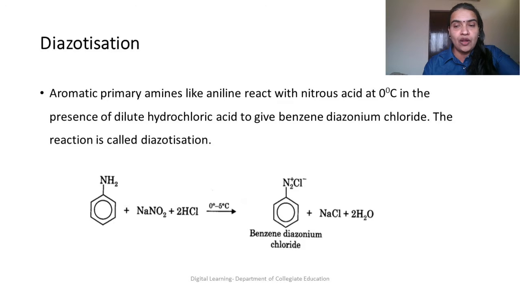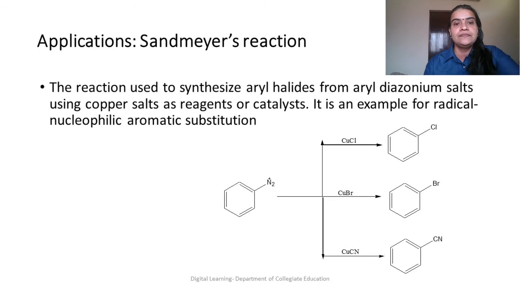Benzene diazonium chloride can be expressed as C6H5N2+ Cl-. It is a salt. That is why we have written plus and Cl minus charge. What is the main application of benzene diazonium chloride or the diazotization process? It's a very important process because the product benzene diazonium chloride can be used for the production of many different organic